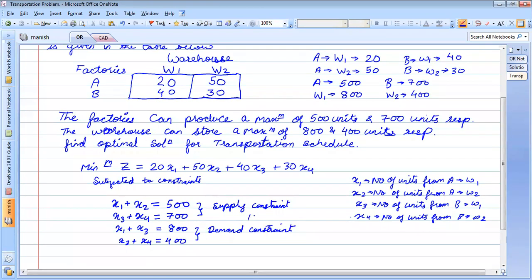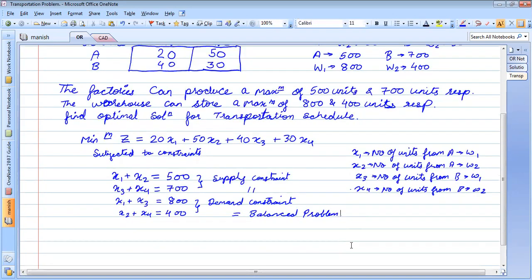If these two totals are equal, then it is known as a balanced problem. We'll understand what a balanced problem is a little later, but for now these are the constraints. Is there any doubt up to this point?